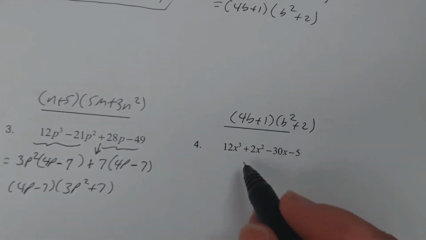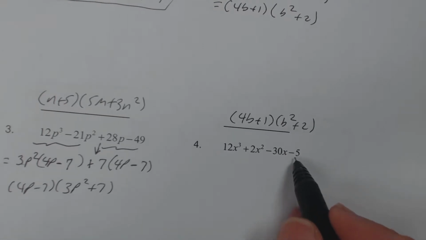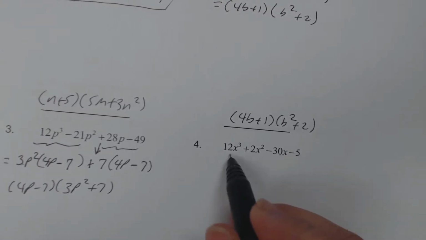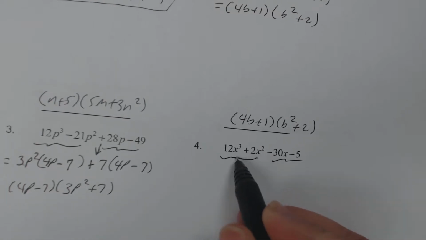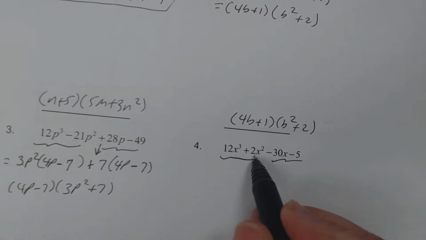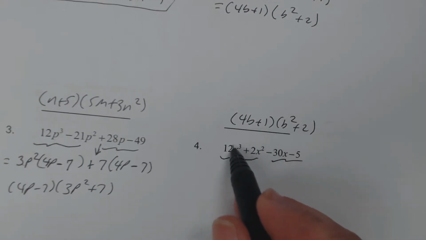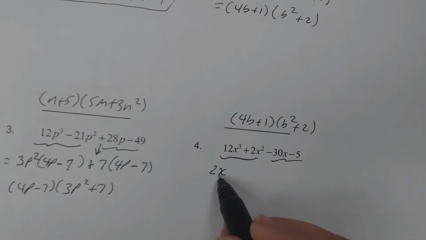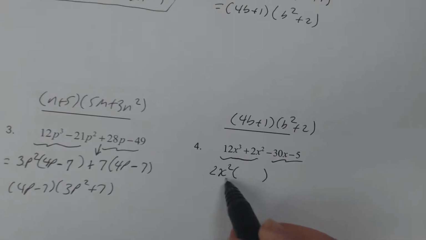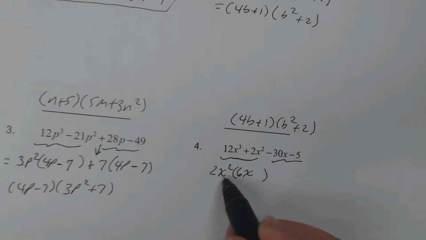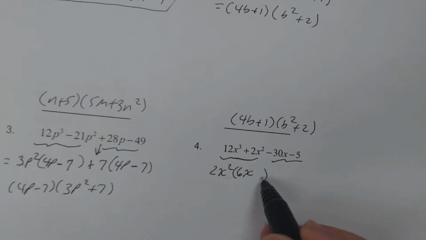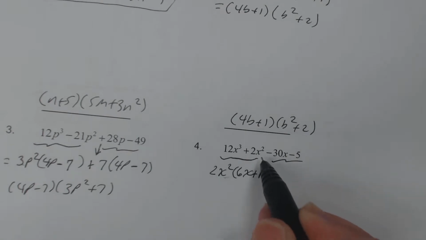All right, and over here, the GCF again is 1. So I'm going to factor out from this group here. So you can group the first two and the last two. From this group, I can factor out a 2x squared. A 2x squared. And I get 2x squared times 6x is 12x cubed plus 2x squared times 1 is 2x